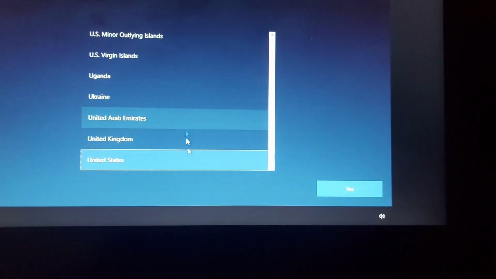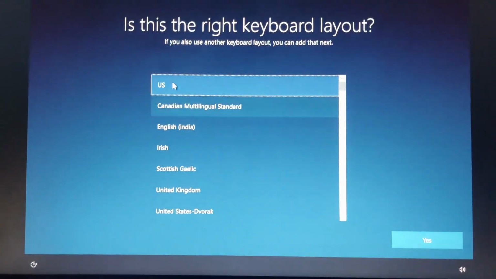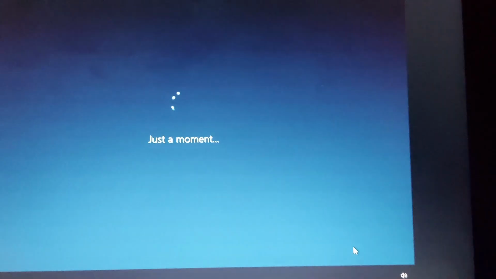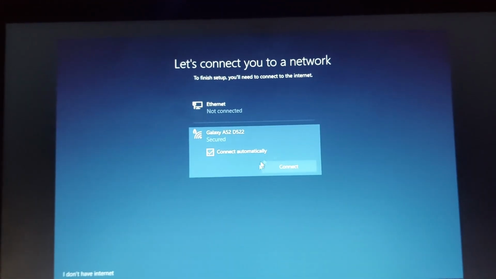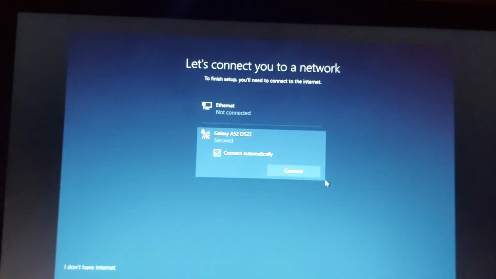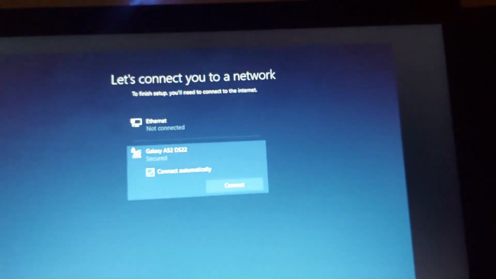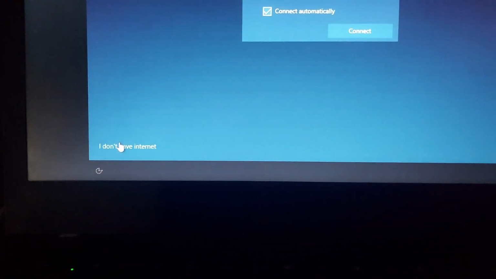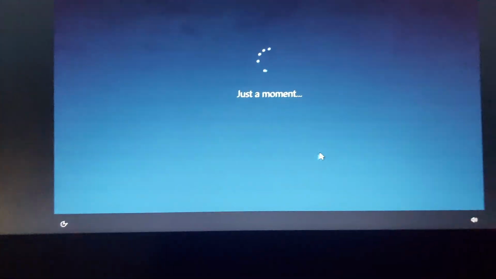When the page comes, just select the US or any language you want. Click on yes. The keyboard layout, mine is US, so I'm just going to choose US, and I'll click on skip. Here it is asking you to connect to Wi-Fi so that you can configure things further, which I really don't want to. You would not have this I don't have internet button if you did not choose the BitLocker option from Rufus. Like I said, I'll tell you in the future. So this is it. So just click on continue with limited setup, or if you want to set up